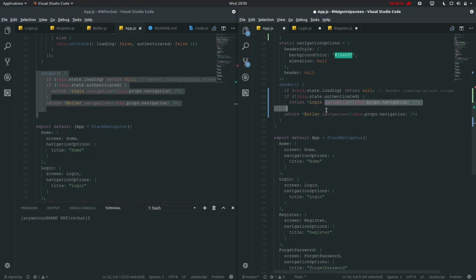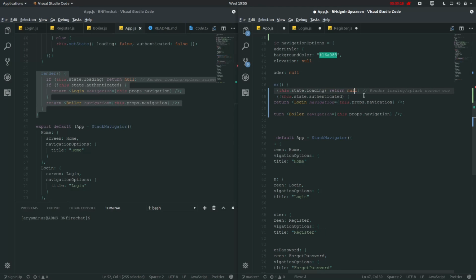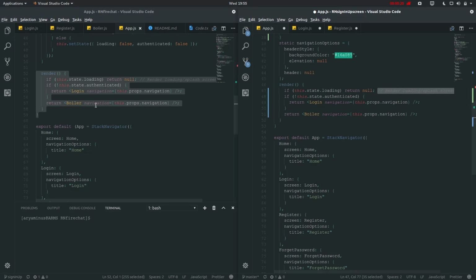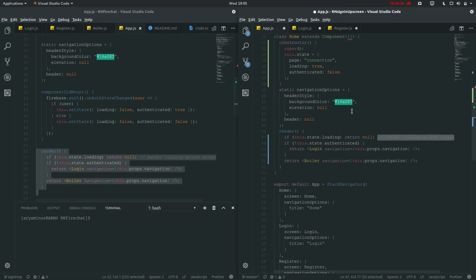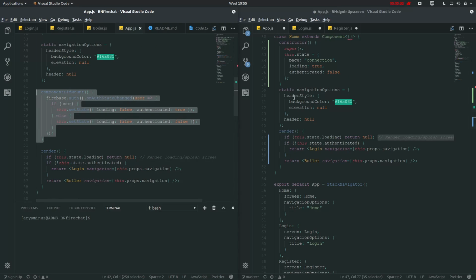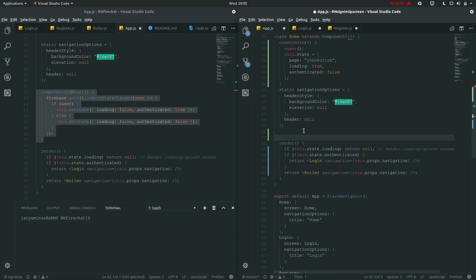So just copy this to here, where this state of loading returns null. So it returns null, but you can put a loading splash screen for the initial. Then it will check if this state loading and this state authenticated are false or true, which we are yet to define. So we'll be putting this constructor and component mount right here